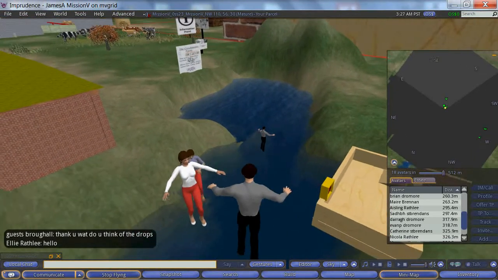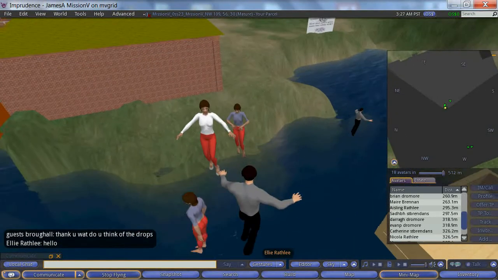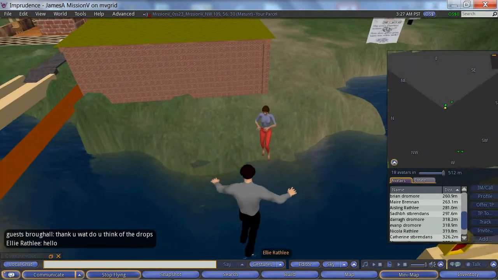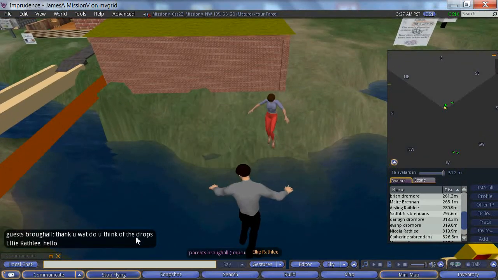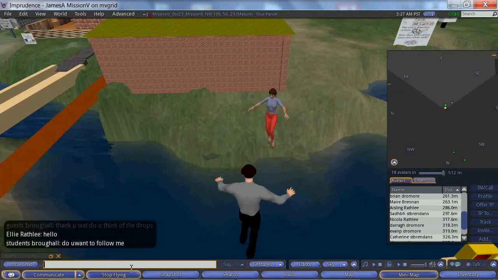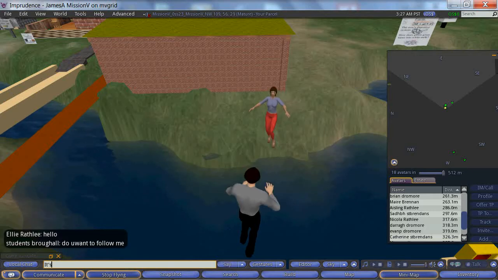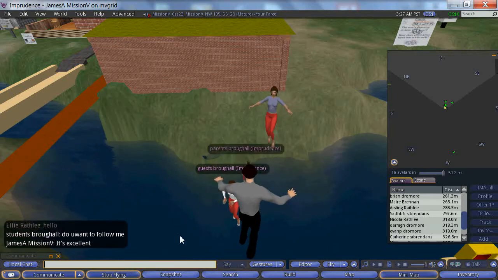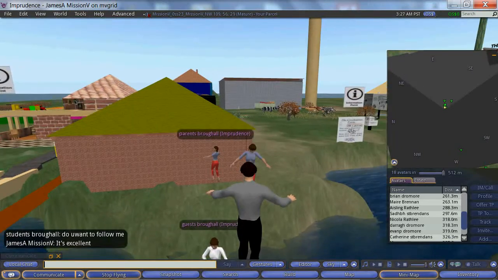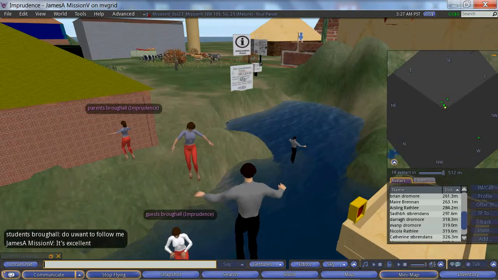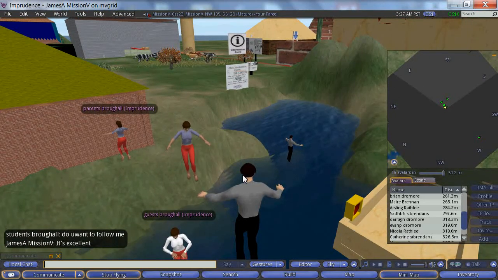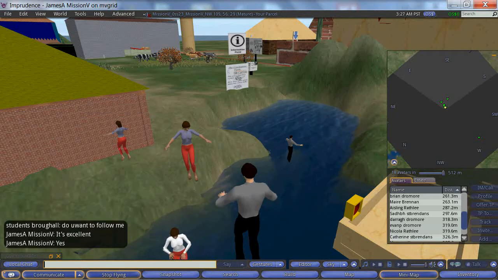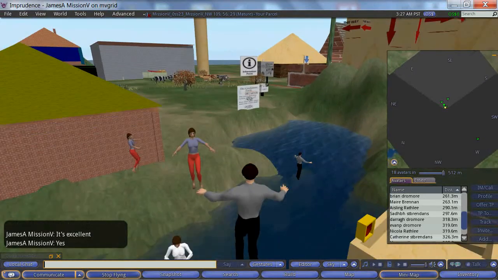So I'm here having a chat with a bunch of students and parents from Broughall Primary School, and they're just teleporting in. That's why they're dropping on my head, and they're chatting to me at the same time. We're talking about their MissionV exhibition for Science Week, and they've just offered me a tour around. I think here they're asking, do I want to follow on? So I said yeah,